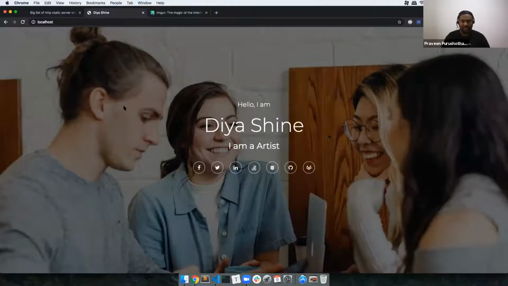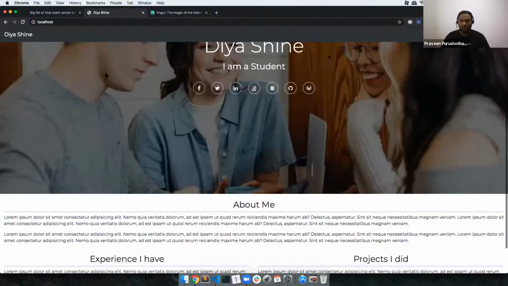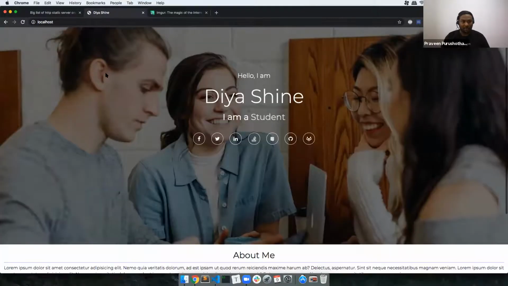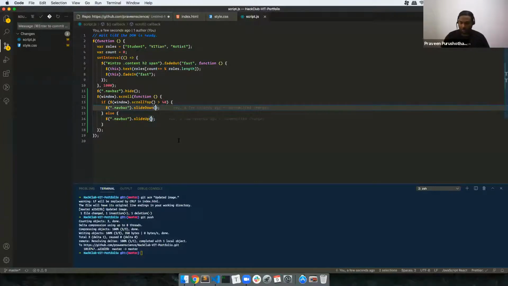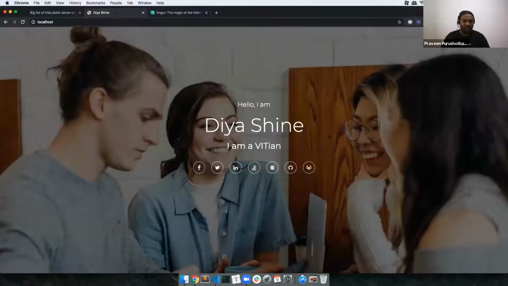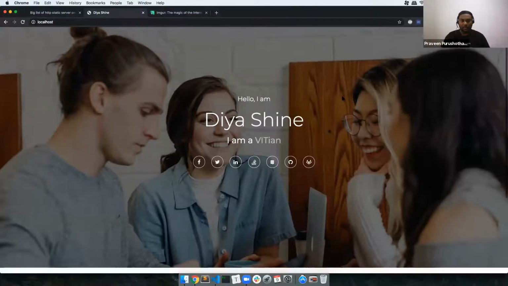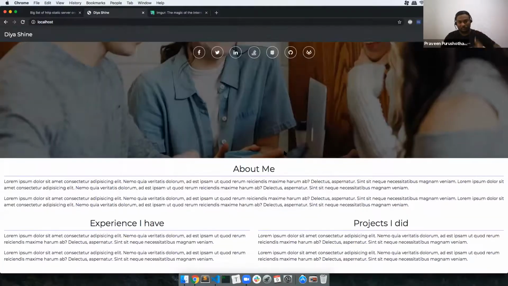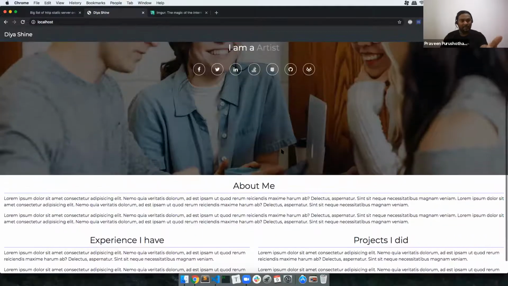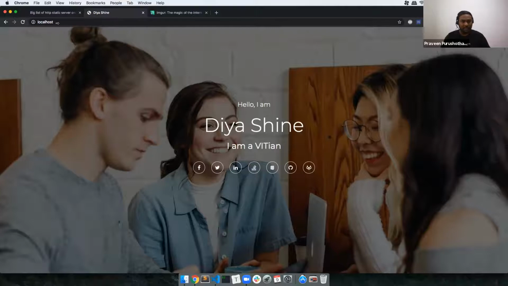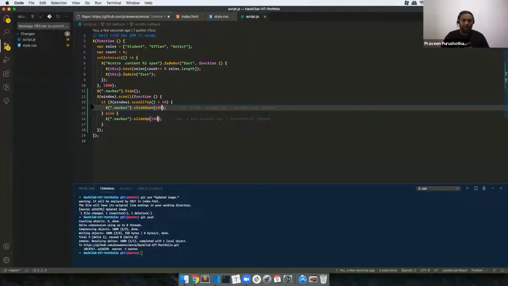So let's see if this works actually. Boom. Once I go up, it's going to close up, and it is actually very slow, so I'm just going to make it 100 milliseconds. When I go down, it's going to come in. And when I go up to the top, I don't need it anymore because I can see the name is here and everything is there. So this is one small effect which is there in my website. I thought of telling you this. Any questions on this part?